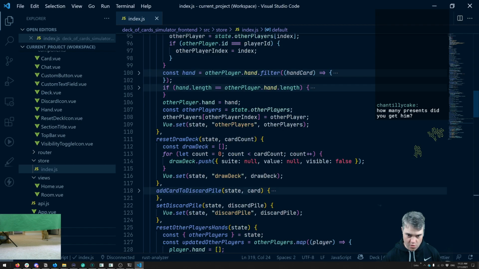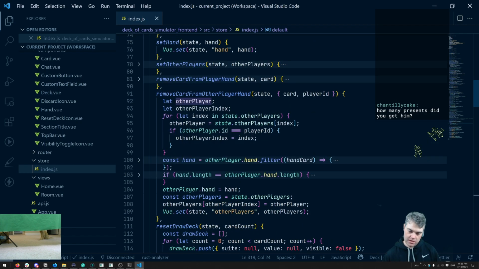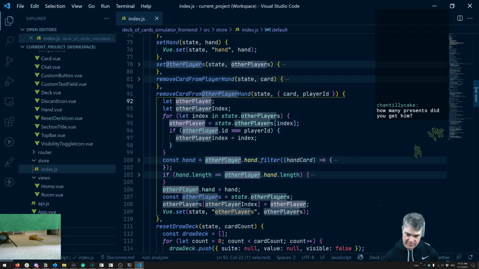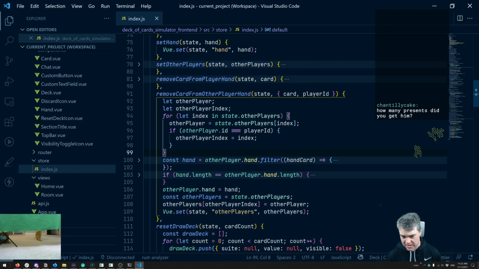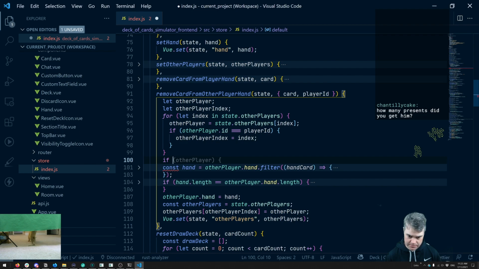Let's take a look. Get our player. Okay, so for index and set of players, loop through all the other players. If the ID matches, other player index equals this one. Okay, so set the other player to this. Now here's the thing: by the time we end here, there's no guarantee that we found the other player. So we're gonna need to exit early. So if not,